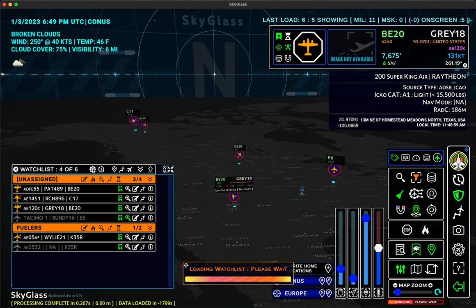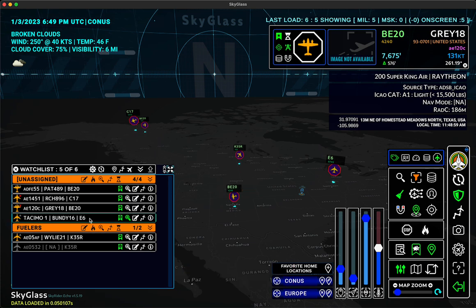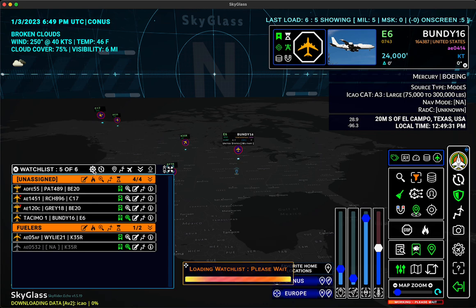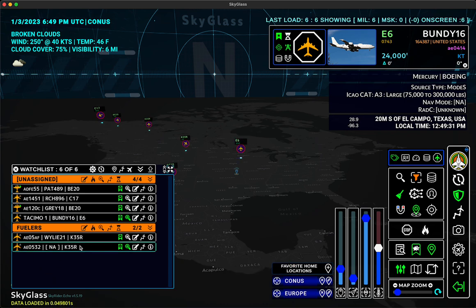I'm going to reload the watch list, and now you'll see the TACAMO is showing up. If we load the HUD information, you'll see this is Mode S. This transponder is in a different mode. It's not in ADS-B mode, it's in Mode S, which is not captured in the regular batch processing. So if you add something to the watch list but you're not seeing it show up, you can add a secondary search to it. Let's reload, and you'll see it will probably pick it up, because the cost here, the